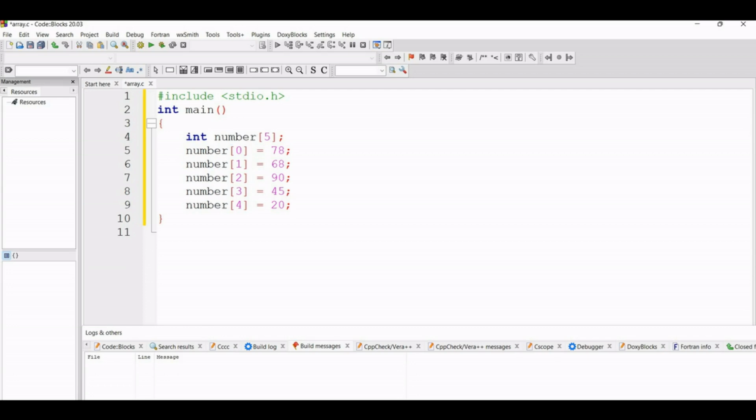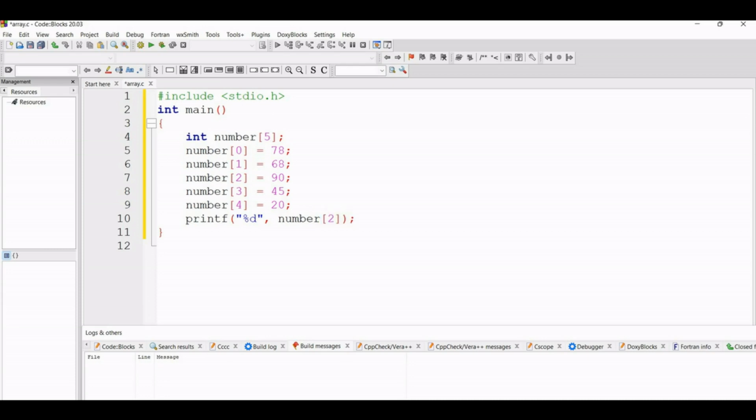Suppose I want to print this 68 value. What I should do is write printf and then the same concept, %d, and here I will give the variable name number. But this 90 value is stored inside number[2], that means in the second index, so here also we have to give 2.